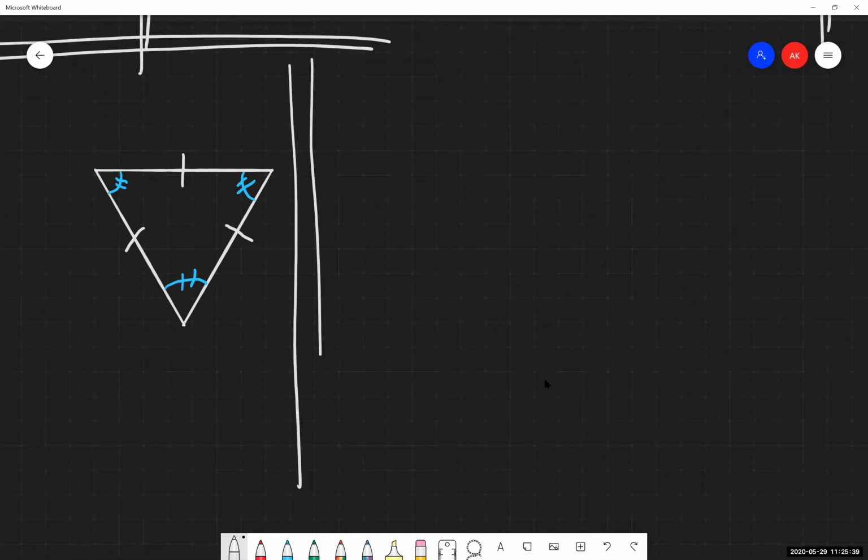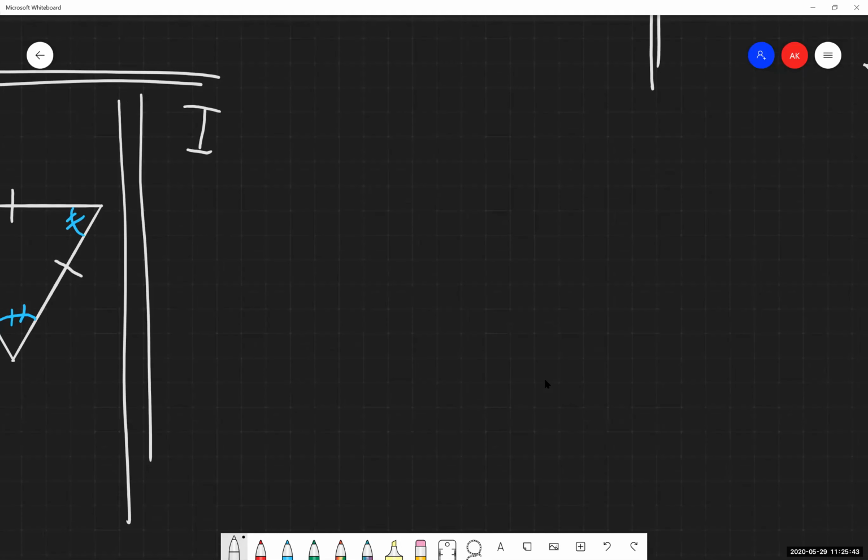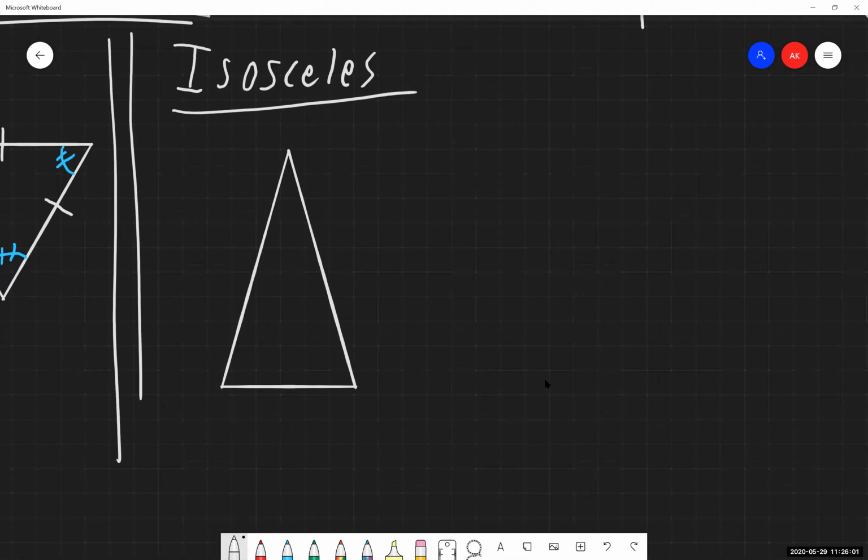Okay. So work with the isosceles. Isosceles triangles are kind of cool. They're pretty unique with how they show up. So similar to the ones that we just went through, we're going to go through a similar way of how we can display those. And again, very, very similar to the ones that we just did.